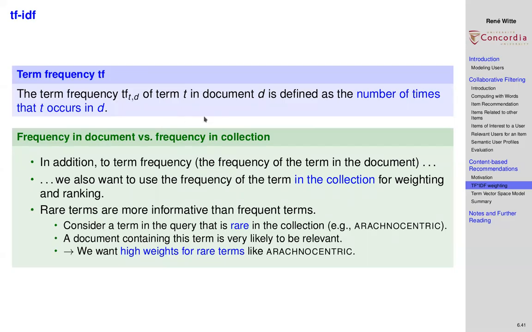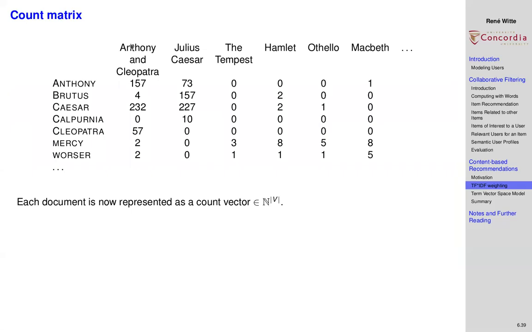With term frequency alone, you could already build a table like this, and you could build these count vectors. But as you'll see, coming from here to here is just the first improvement. We can do another improvement in giving a better representation of how important that term is for that document. Essentially, you can ask yourself, how do you get a high number, meaning how important that term is for that document. And basically, there are 2 different ways. That word can appear very often in the document,